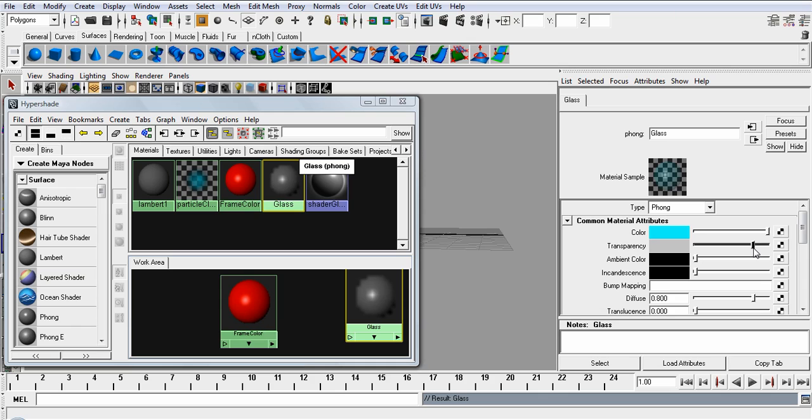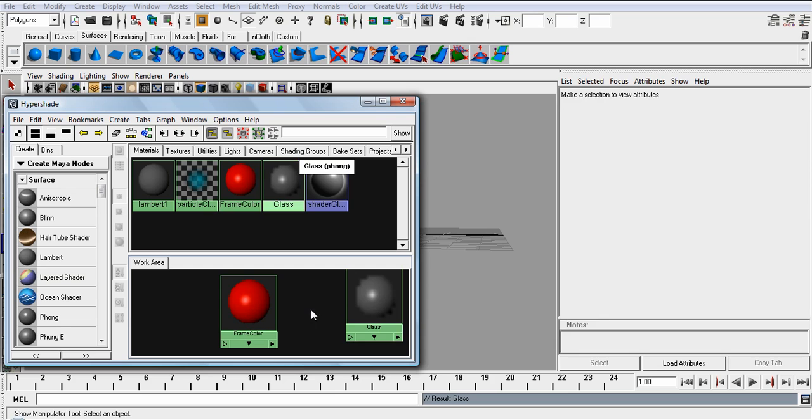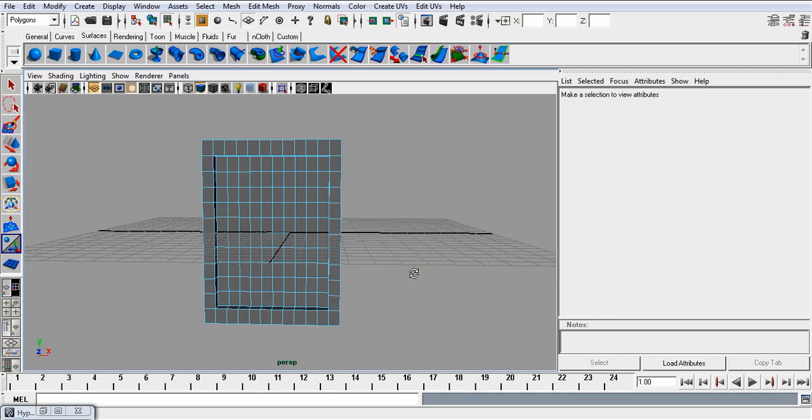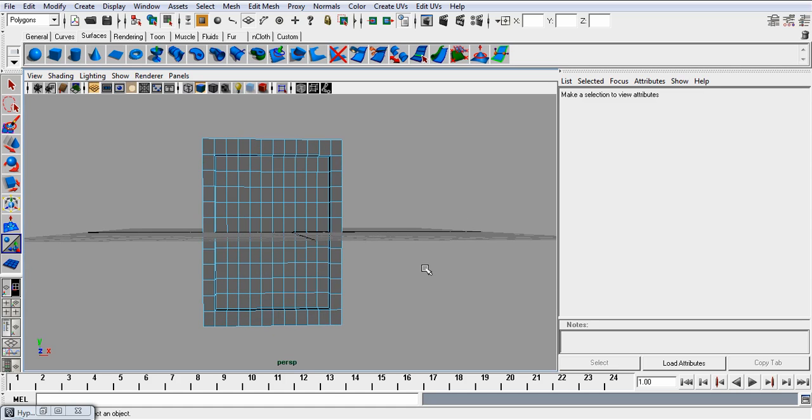You can see it goes transparent, but not too far. Well, I'm not going to go too far because I just want you to be able to see what I'm talking about. Okay, so now that your transparency is set, just click in and just minus this for a little while. Okay, cool. So now that you have the hypershade and colors created, we just want to go back to